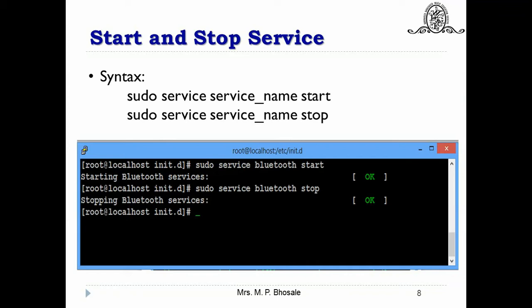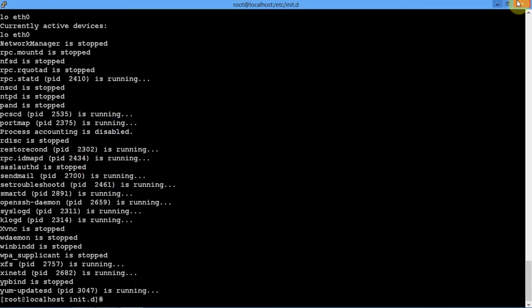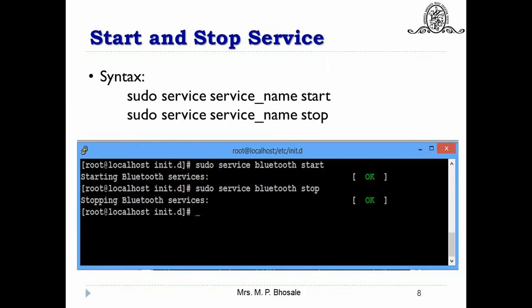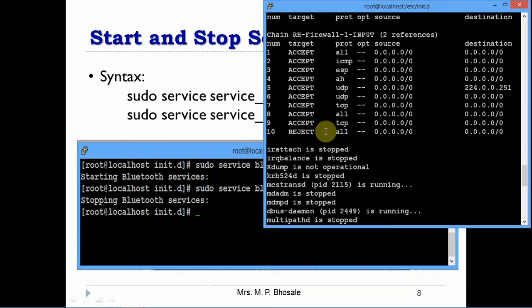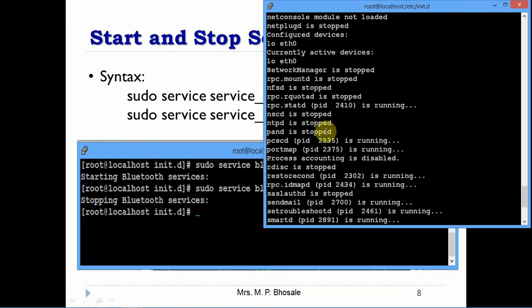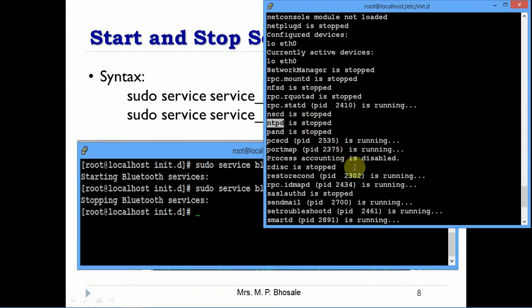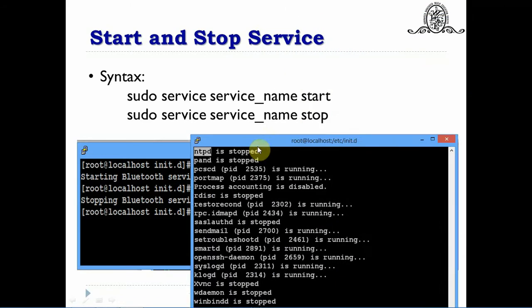Before that you should know the name of the service. Suppose I have a service like ntpd, and it is stopped and I want to start it. So let us try it.